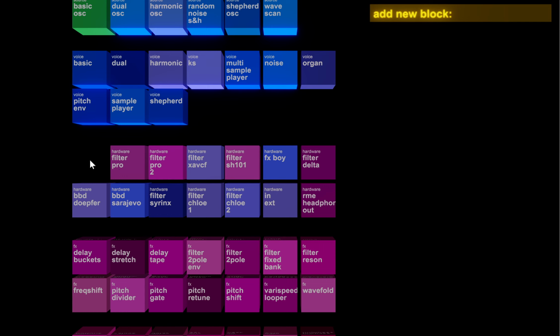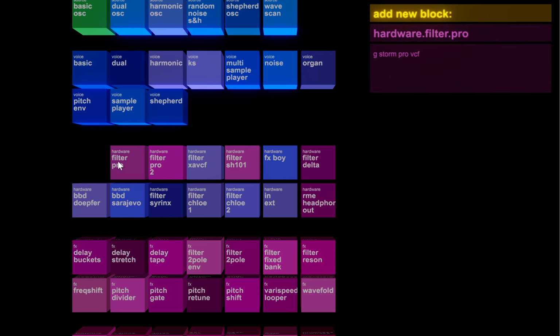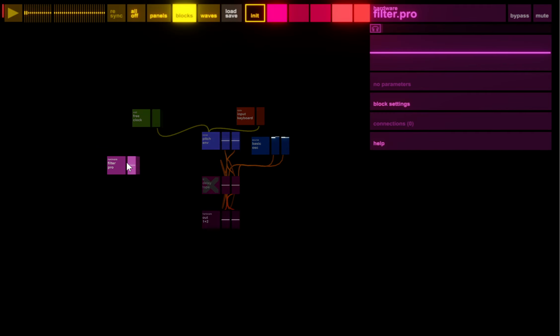So this is the hardware file for my Tor modular, and you can see these are some modular filters that are permanently patched in, and it knows. So what's cool about that is that here's a hardware filter that's in the same world as all the software stuff, and you can deal with it in that same way. It's abstracted. You're not having to think about, oh, it's on input 3, output 4. You just don't have to think about it at all. It's just a filter that's there.